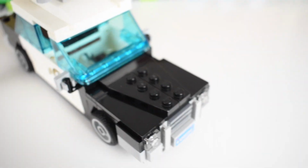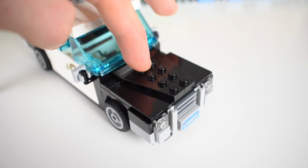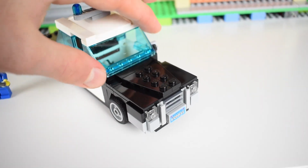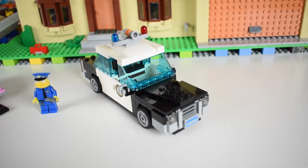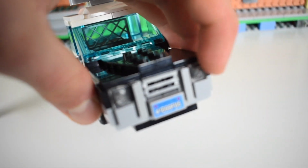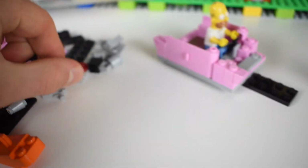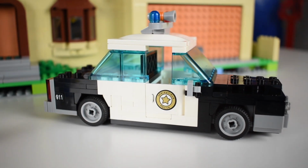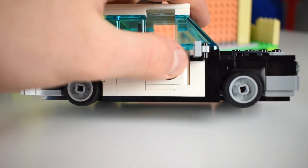I've entirely modified the hood design going onto the car, and with this one changed out, I think again it makes the slightest bit more accuracy to the entirety of the police car. Other small changes: I've changed out the headlight pieces to now be trans clear instead of translucent yellow. And for consistency reasons, I've taken out the entire light bluish gray plate that was just wedged in here and what the entire car was essentially built on,